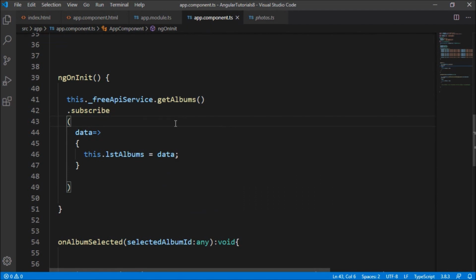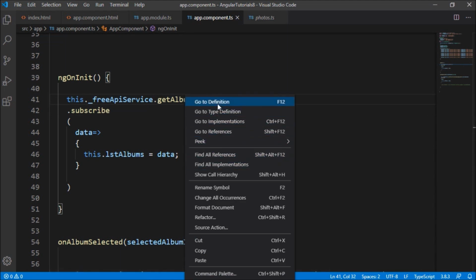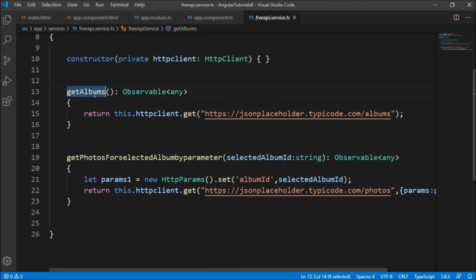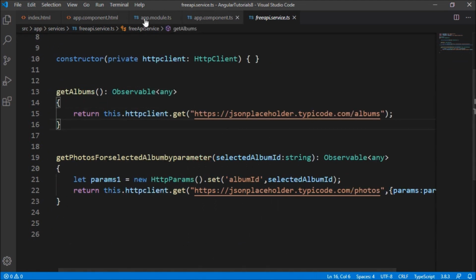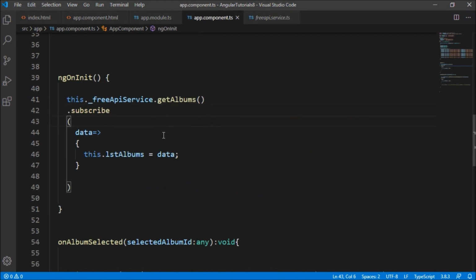On the ngOnInit method, we are just making an API call. We are calling a service named free API service, get albums. In this get albums method, we are just making an API call for getting all the albums. After getting that data, we are binding it to the list of albums.